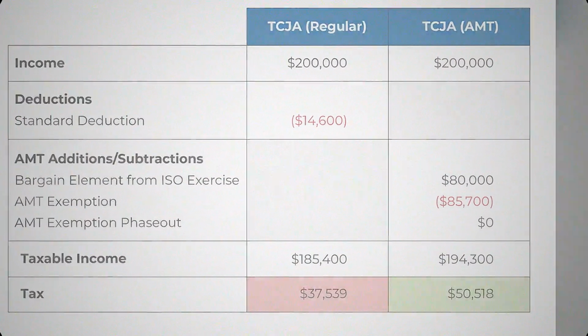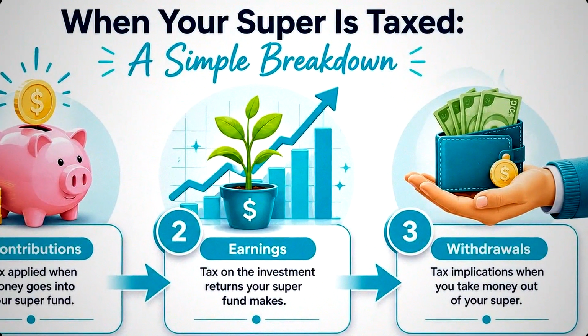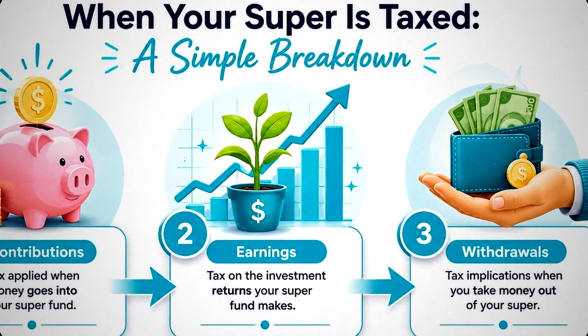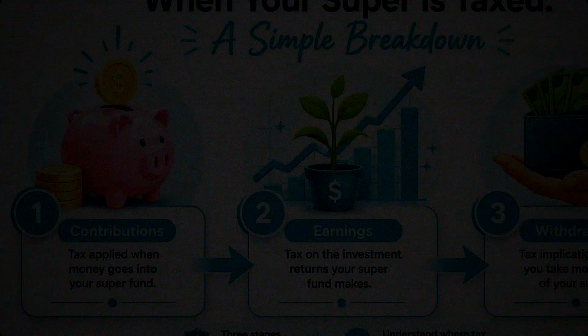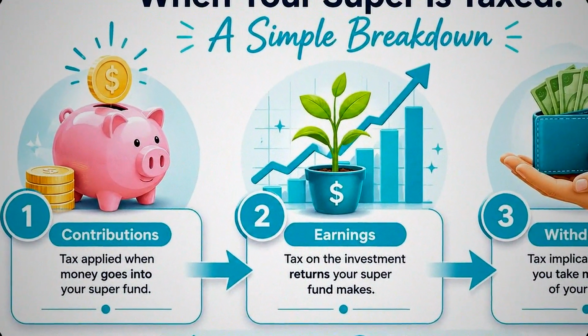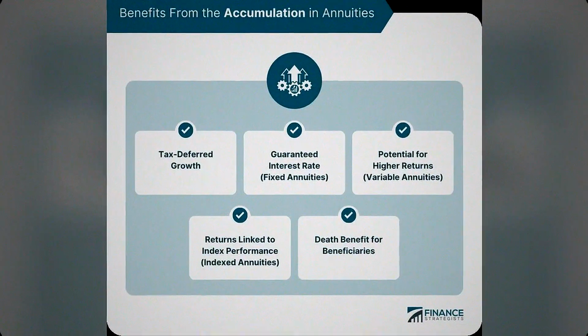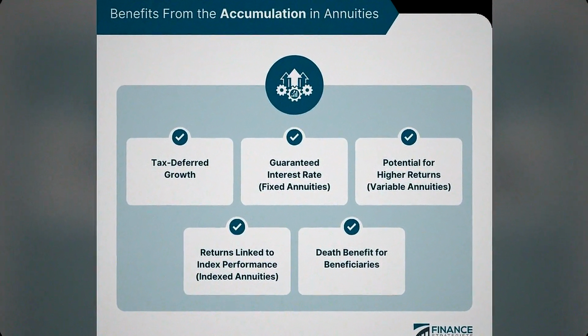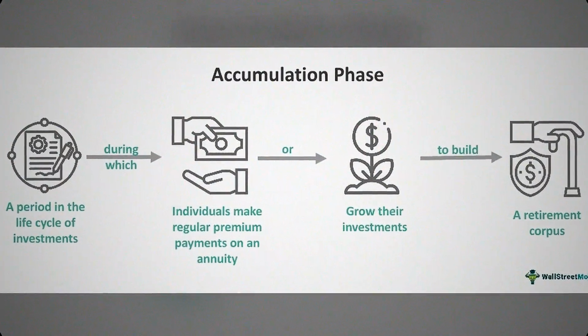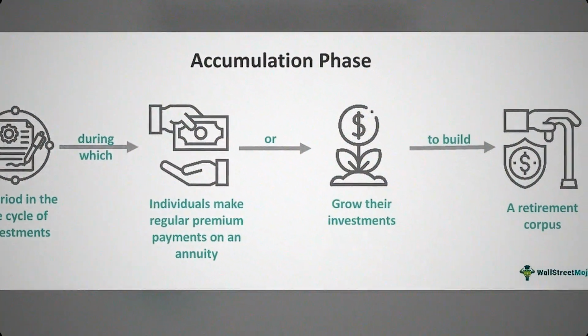Now here is where 60 changes everything. Under current Australian tax law, confirmed directly by the Australian Taxation Office, once you turn 60 and access your super, whether as a lump sum withdrawal or as a regular income stream from an account-based pension, the money comes out completely tax-free. Let me say that once more because it deserves to land. Tax-free. No income tax on withdrawals, no tax on lump sums.